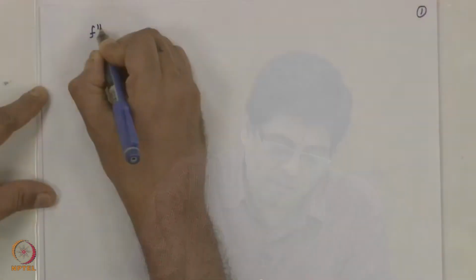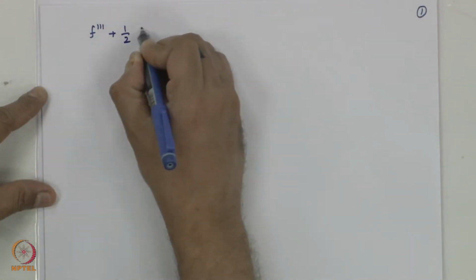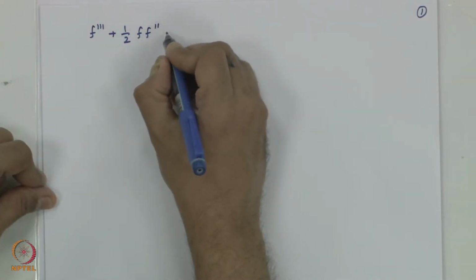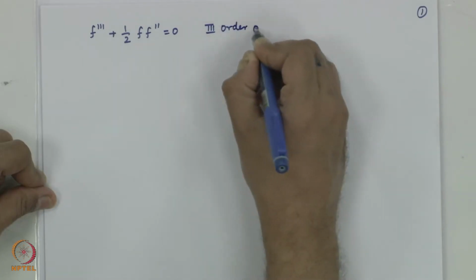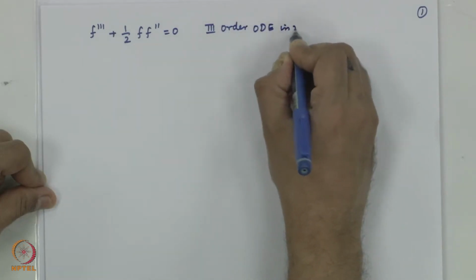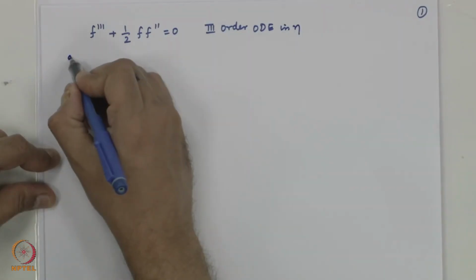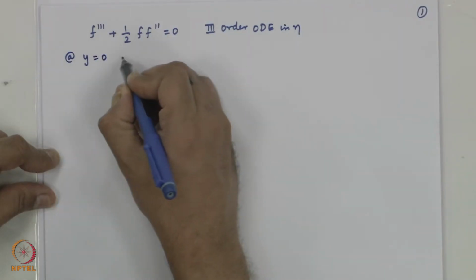So, in the last module, we had in sufficient detail seen the similarity solution, and we had brought the expression for the similarity equation. That is, we had said that for flow over a flat plate, the governing equations become this way. This is a third order ordinary differential equation in eta with the boundary conditions as follows: